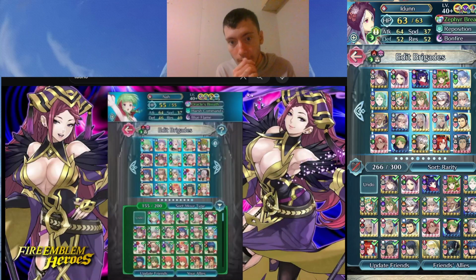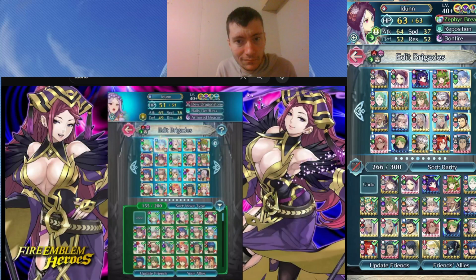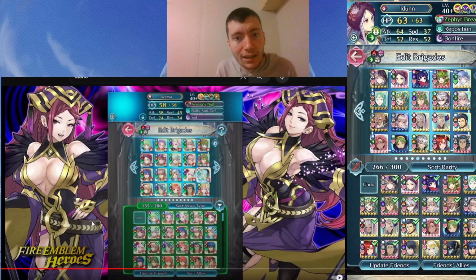And you want to make sure the colors are also pretty good. So you want like 2 of every color for each separate weapon type. We've got tomes, we've got 2 of every tome, and then we've got 2 of every dragon, and then we got some free spaces where we're able...